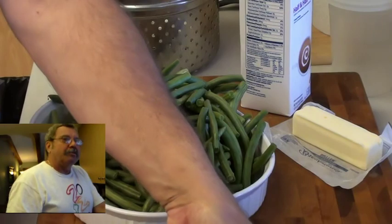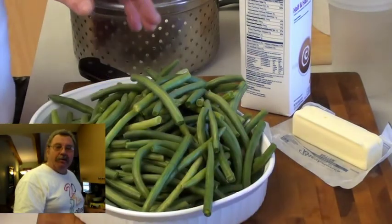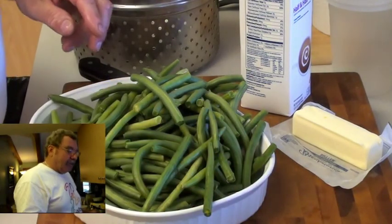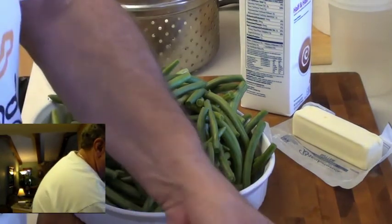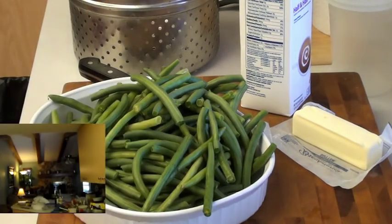And I'll show you that, because I'm going to show you everything that we're doing when it's going in and out of the oven. Okay, so I'm putting this water on the fire. In the meantime,